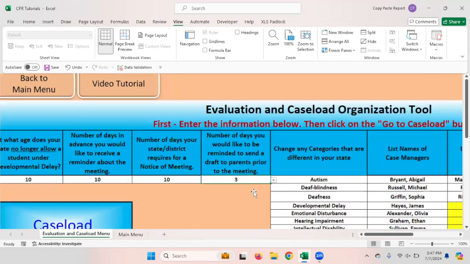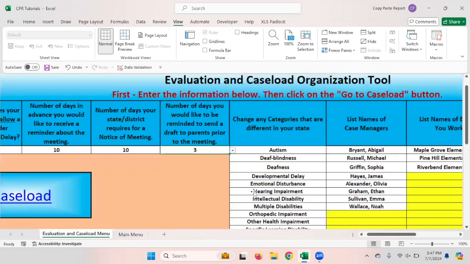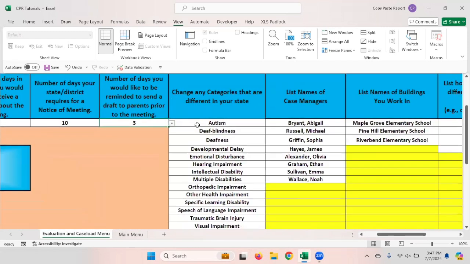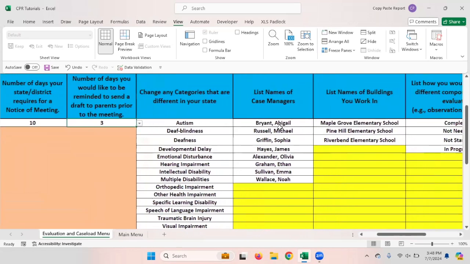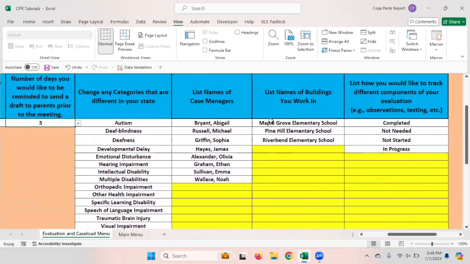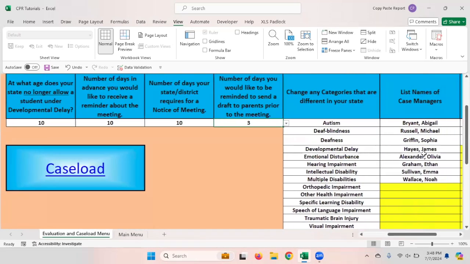You're going to then change or add any areas that your state has for categories under IDEA. You'll list the names of your case managers across however many buildings you like. You'll list the buildings you work in. And then you'll list how you like to track things throughout an evaluation process. We've included a few, but you can add as many as you'd like. Once you've entered in all of your information, you're good to go to your caseload and see all of your